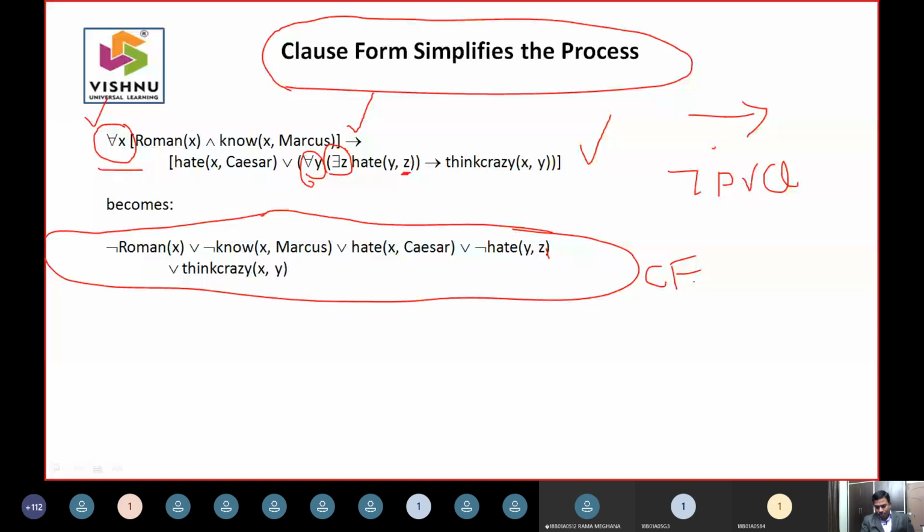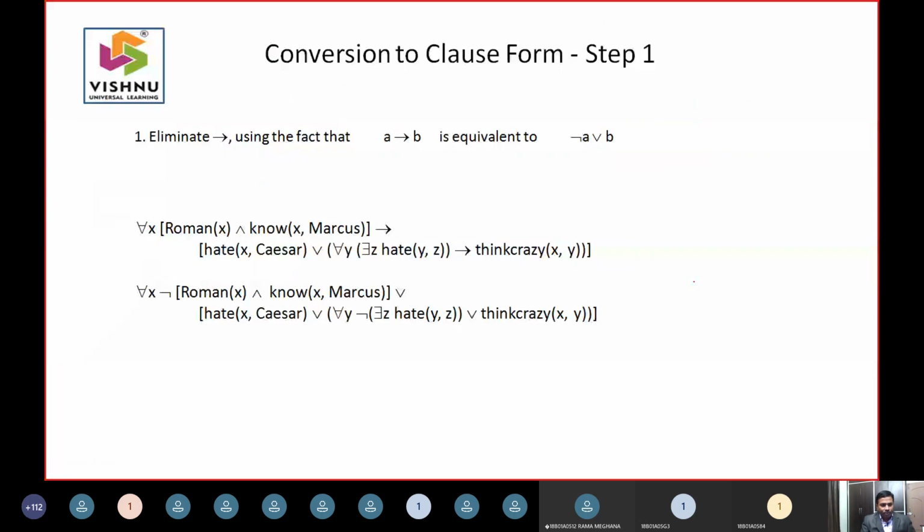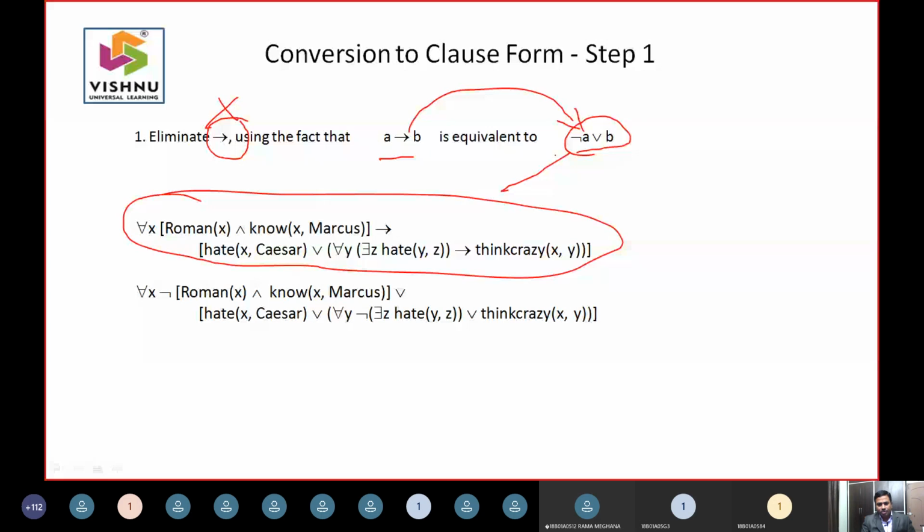So we'll go through the steps that we did yesterday, and then we'll get back to what exactly resolution is. Yesterday when we were talking about clause form, I said you need to remove implication. This is the first step. Whenever you have an implication, it has to be removed. So we will use this formula. Obviously most people know this formula: whenever A implies B is there, this is the equivalent expression. So whenever implication is there, I will use this. If you have an expression like this and apply this rule, you will get this expression.